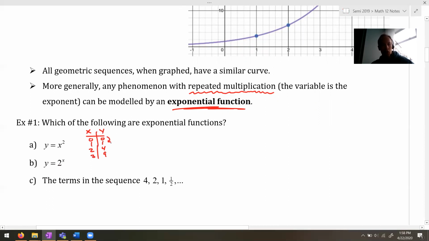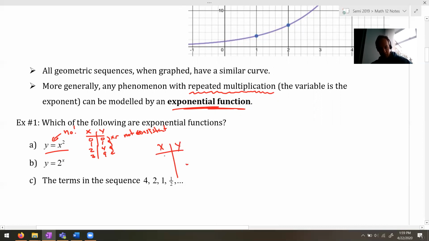I can't say I'm always multiplying by the same r. That's not actually happening. So r is not consistent. Oops, not consistent. Then this would definitely be... This one here, y is equal to 2 to the power of x. Yeah, that is, because what we're doing here is if I was to make a similar kind of table of